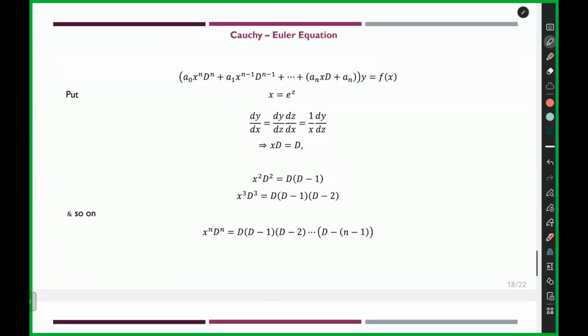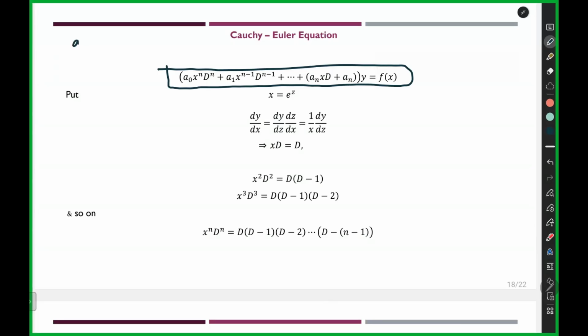Now we will look at what the Cauchy-Euler equation is. When we have an equation of this type, with x to the power n, it is the general form, written directly in operator form. If I look at it in simple form, it is nothing but d^n y by dx^n